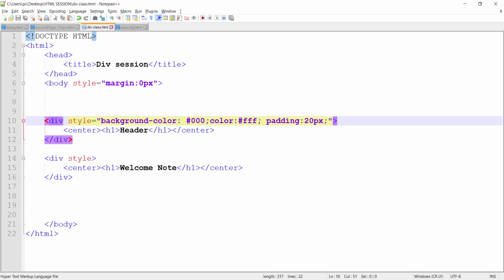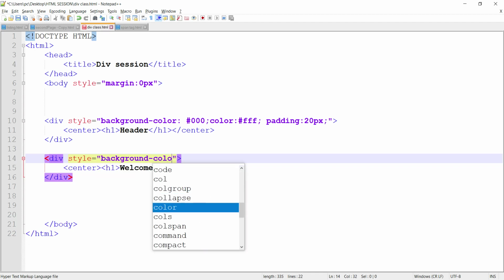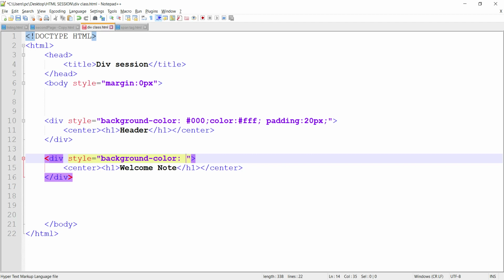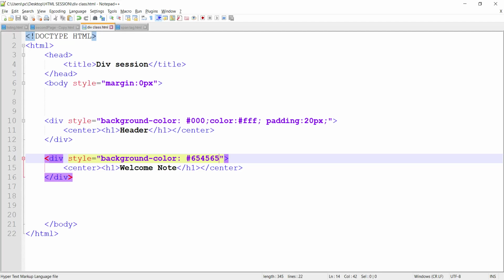So now here style equal to background color, let me give any color, 1 2 3 4 5 6. Okay, and let me give some padding, 20 pixel.